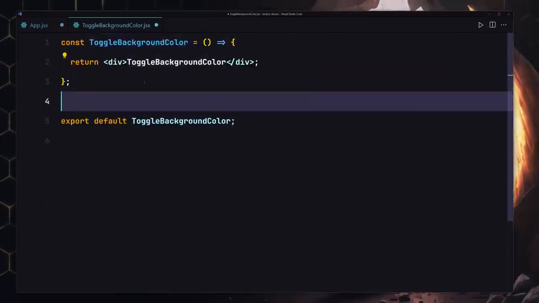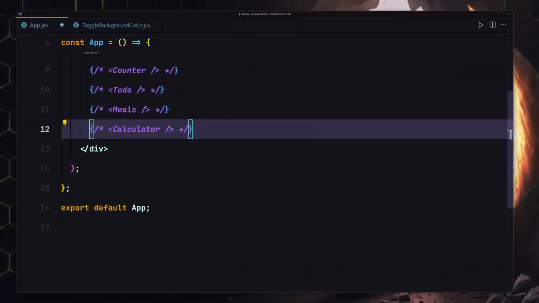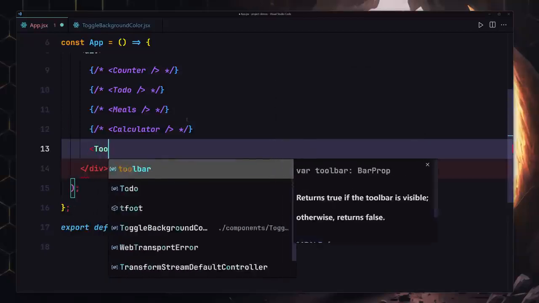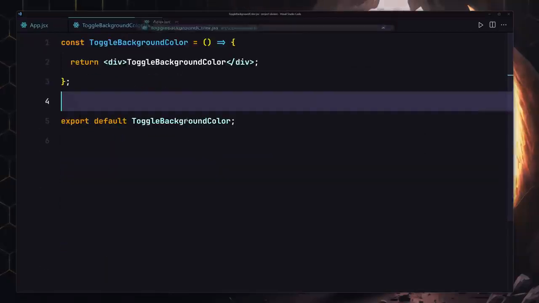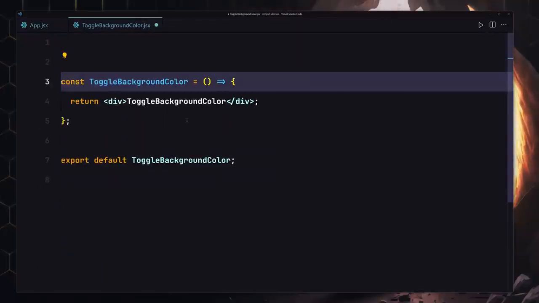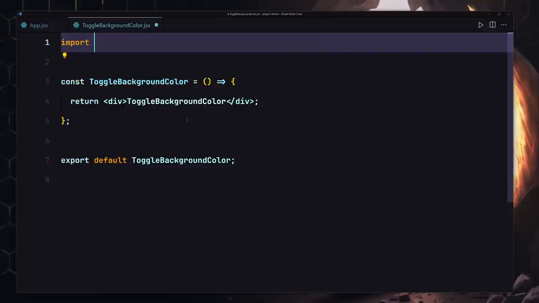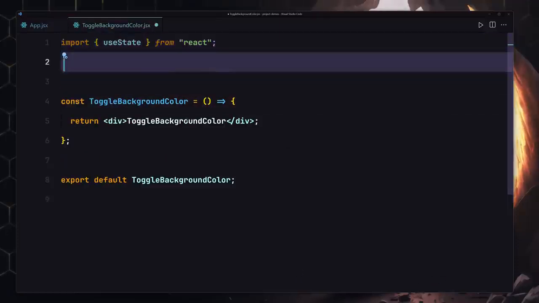And now inside this toggle function, first of all you won't have to register there right here, so I'll use toggle background color, save my file, and we have to grab our state first of all, so I'll use imports useState. We have to import that from React.js, and we also have to import our style.css